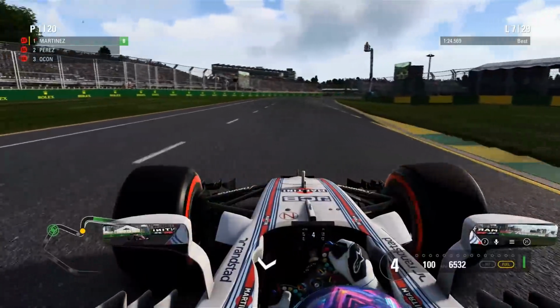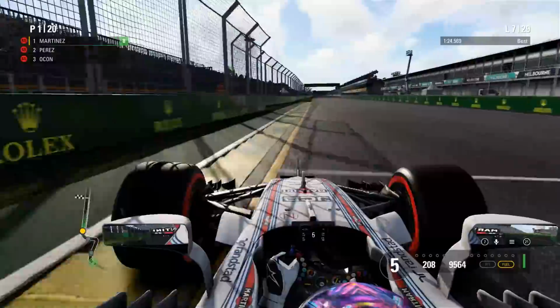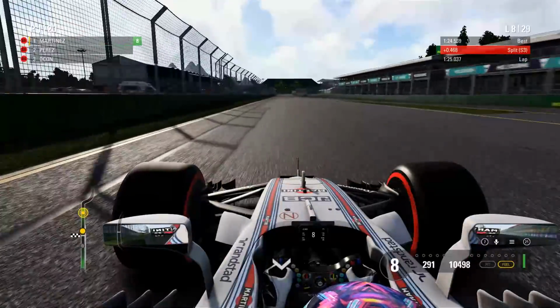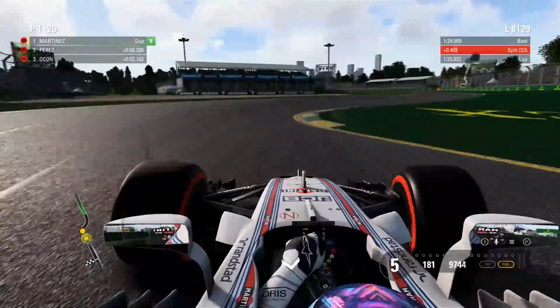Based off of the mini-map, it is looking like it's going to be a 3-way fight for the race win between myself and both of the Force Indias. And I say both of the Force Indias, but Ocon can't really catch up to me and Perez. It's just me and Perez who are really setting the pace up front here. And the only thing that might cost me in this battle